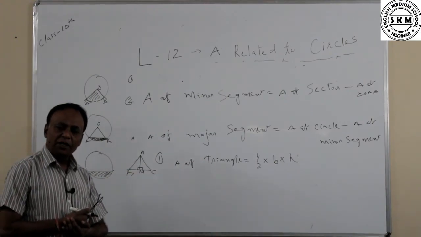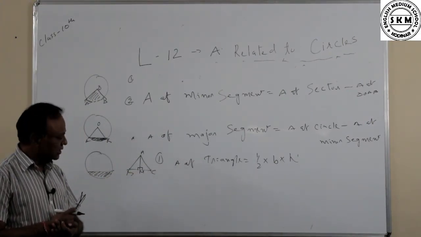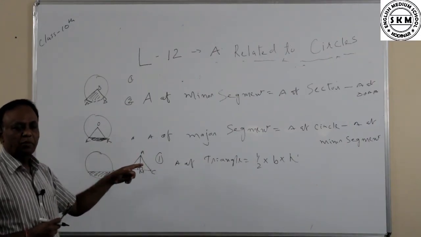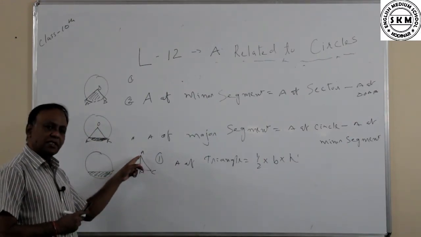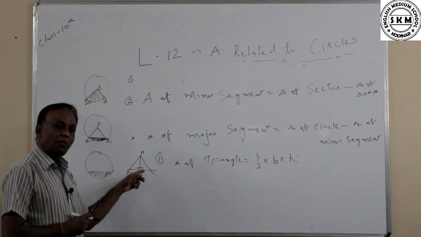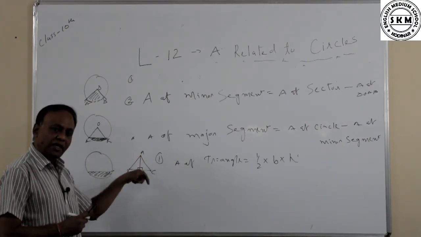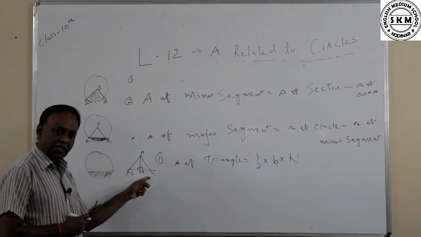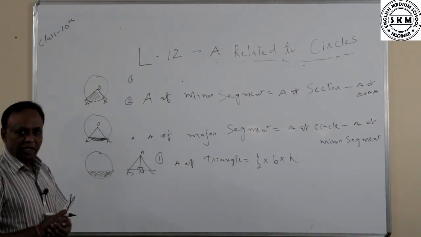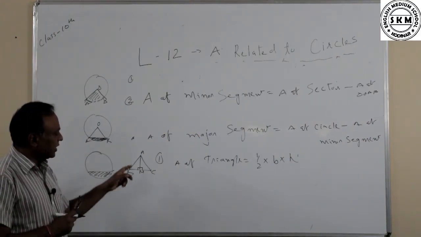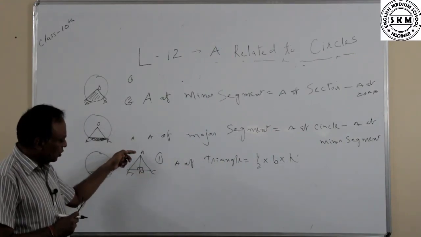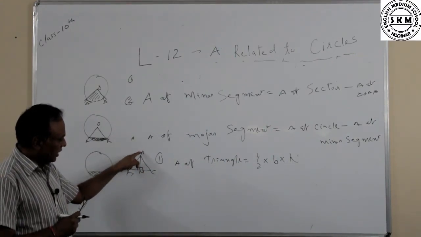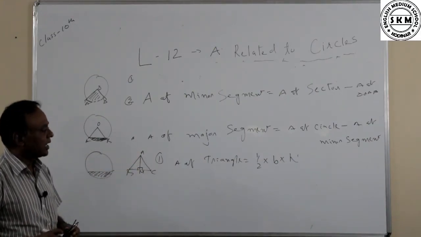Now the definition of the altitude you also learned in lower classes. It is a perpendicular line segment. Perpendicular means it makes 90 degrees. It is a perpendicular line segment joining the vertex and any point of its opposite side. A's opposite side is BC. So the altitude is a perpendicular line segment joining the vertex to a point on its opposite side, where M is that point and A is the vertex. So AM is a perpendicular line segment.